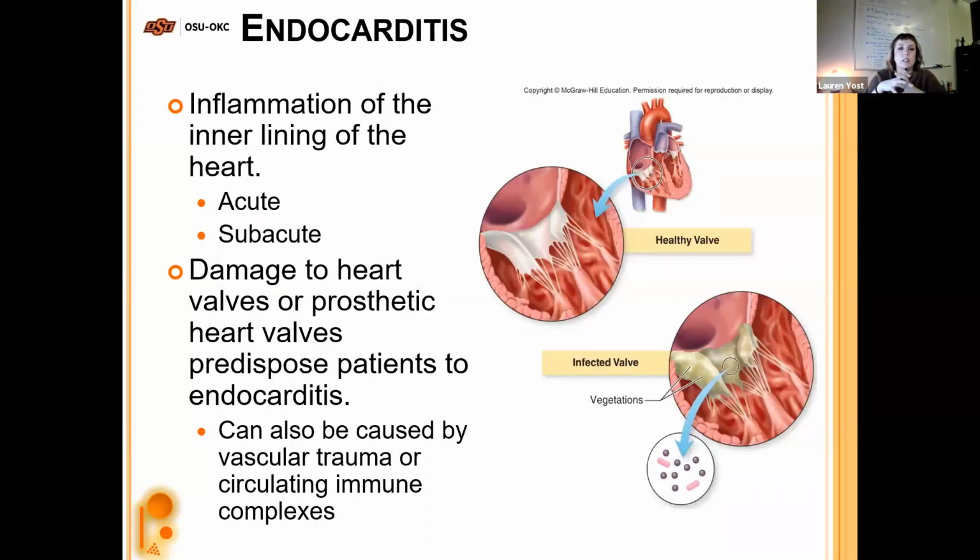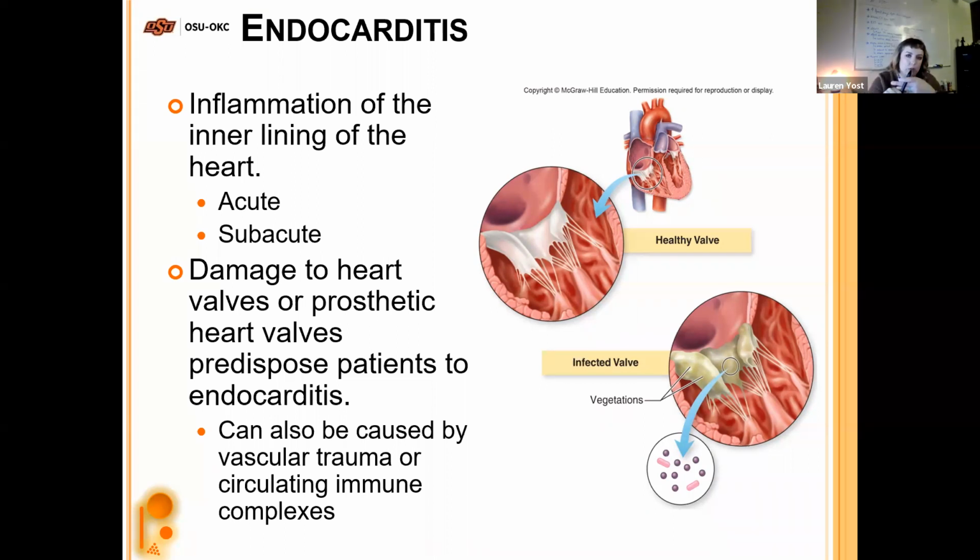So I'm getting into the diseases. Start with endocarditis. That's inflammation of the inner lining of the heart. It can be acute or subacute, essentially. You might not know that it's what's going on. Damage to the heart valves can occur, or to prosthetic heart valves if you've had a new heart valve put into your heart. And then when that happens, essentially damage to those valves from cholesterol,